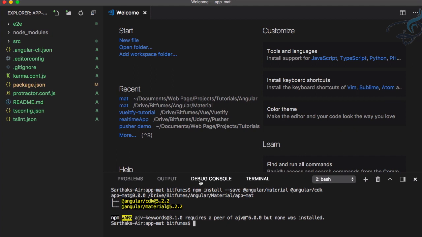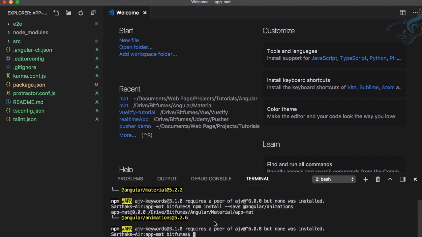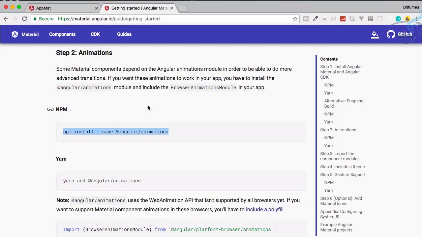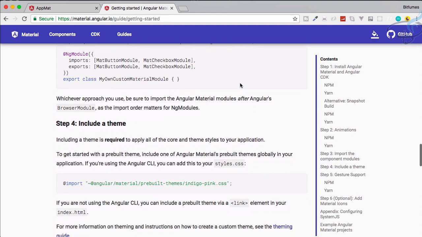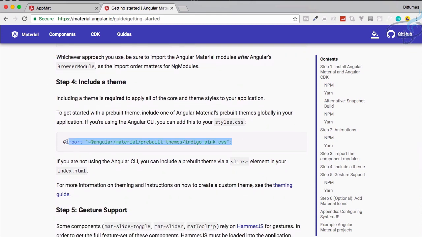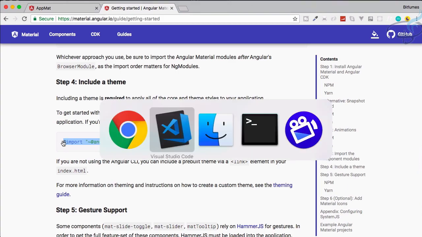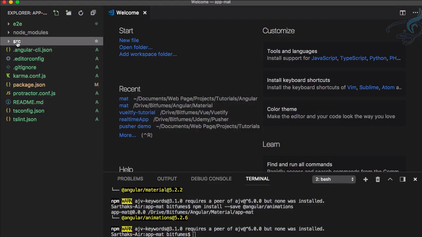So Angular Material is installed. Let's install the animation module and hit enter once more, and again wait for this to complete. And now Angular animations is also installed. So let's see the next part. After this animation, what we have to do next is include a theme. So let's just grab this indigo-pink theme, and now we have to put this theme in our source folder,